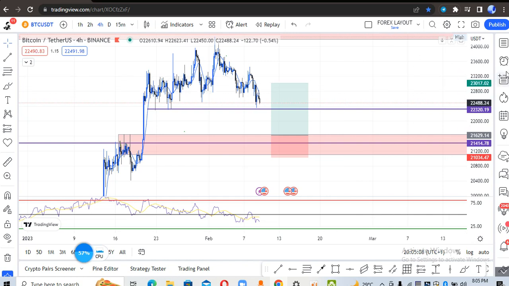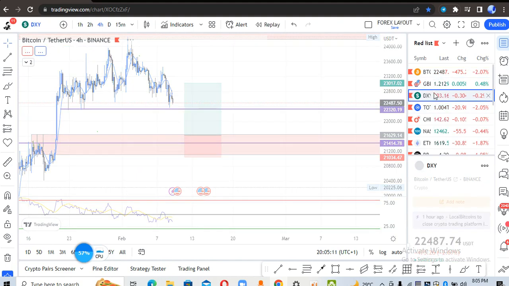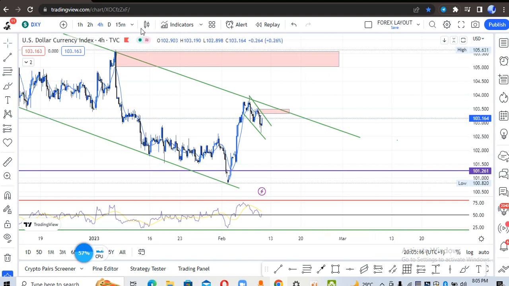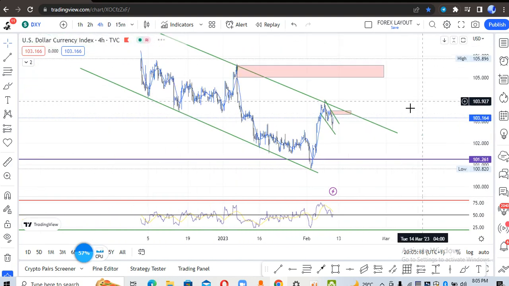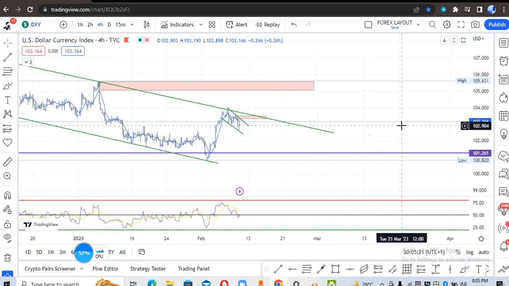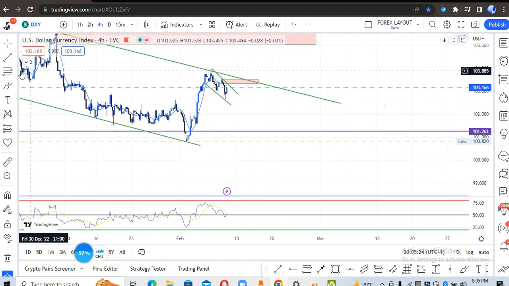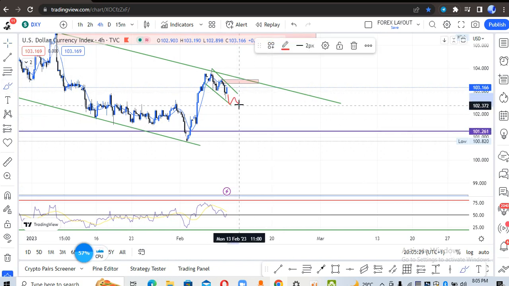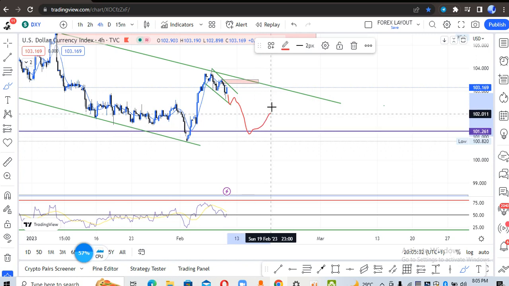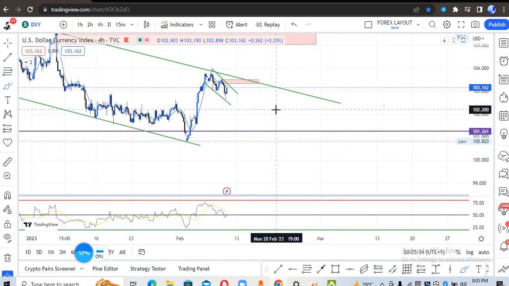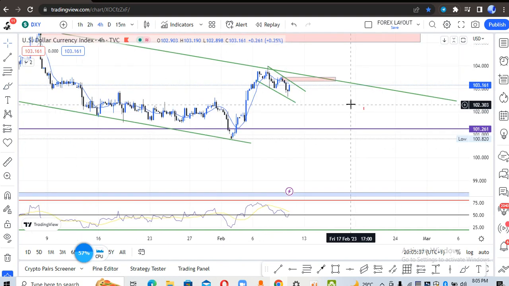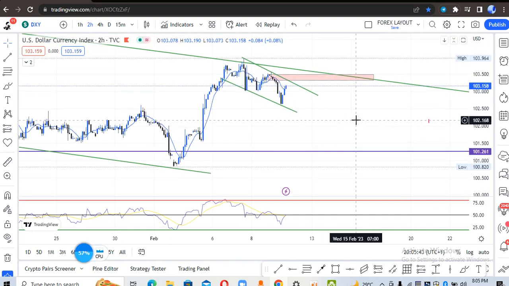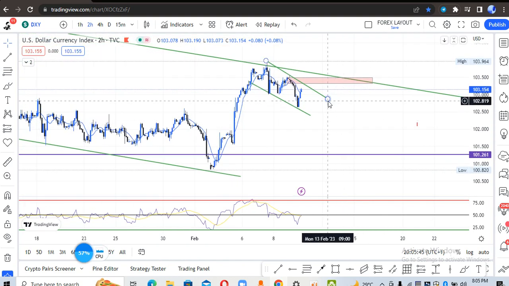Now let's look at the DXY and see what is happening, because DXY remains the king of the market. He runs everything, man. If you take a look at the 4-hour time frame, we can see DXY is still moving in our trend line, and I'm expecting two things to happen in DXY. I'm expecting DXY to continue in this downward trend and retest this level, and maybe make some kind of move this way. But what I'm looking at right now is the movement. Let's go to the 2-hour time frame to see the movement of DXY inside this internal channel. I refer to this as the internal channel.